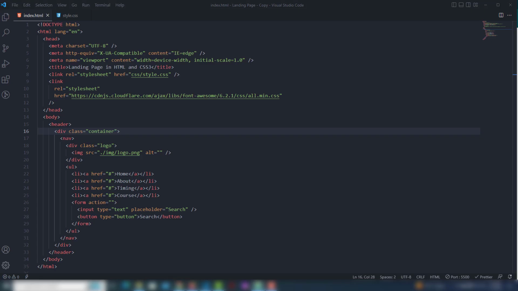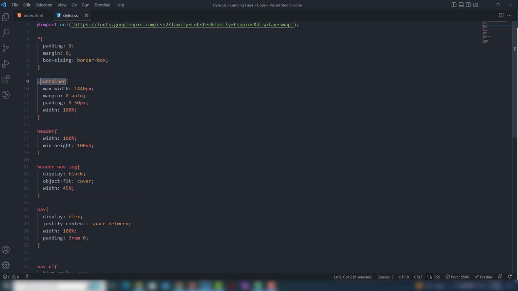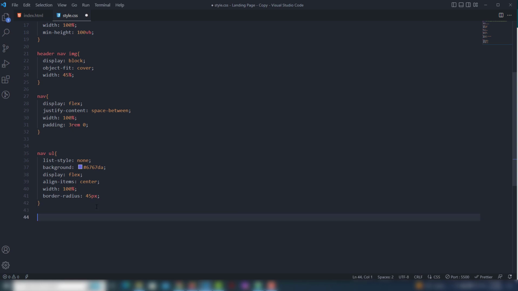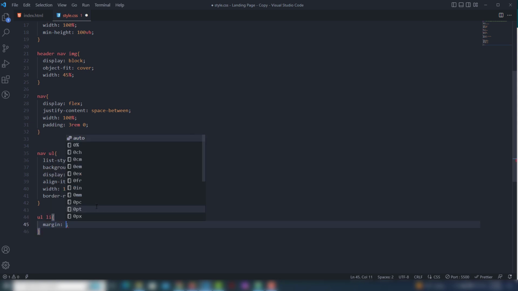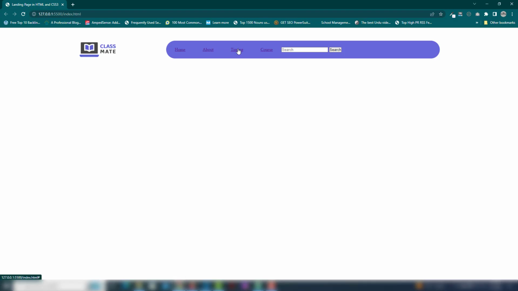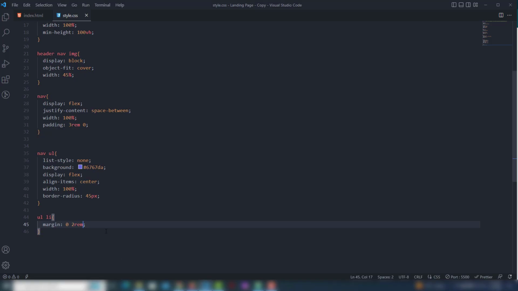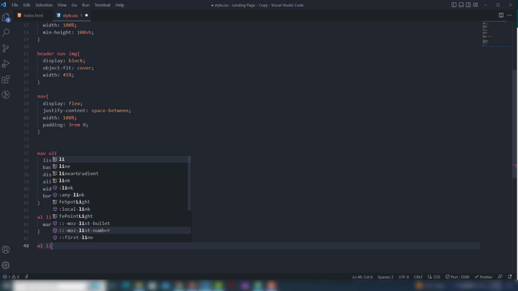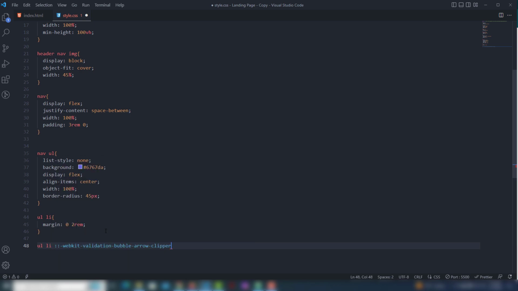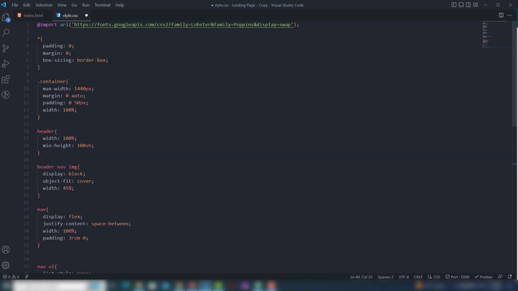Then we're gonna fix the links, to manage the links. So UL li anchor link in the li, first I'm going to use the space, so I'm going to use margin top and bottom 0, left and right 2rem to make a space of each element, like these are elements. And then I'm going to select the ul li anchor link. In the anchor link I'm going to use text decoration will be none. Also I need to use font family and the